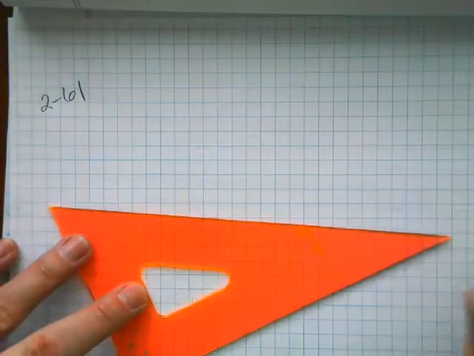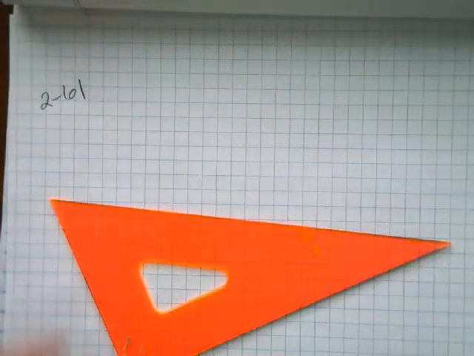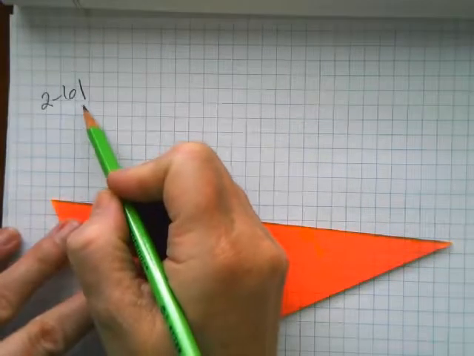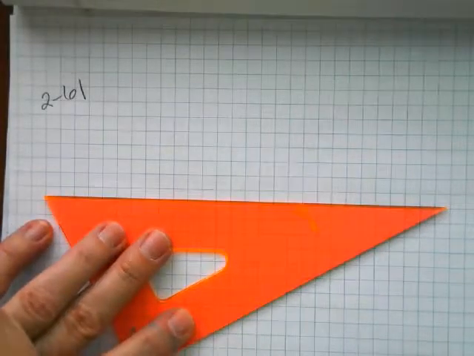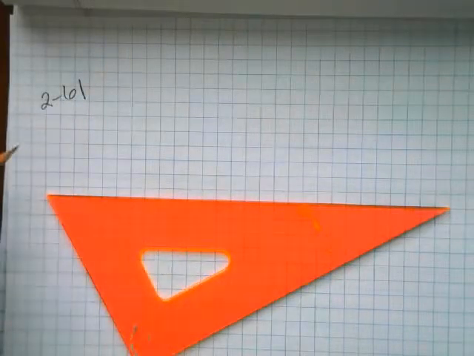Okay, this is a video for 2-61 through 2-66. So if you don't need certain problems, just fast forward till you see me working out the problem that you need. I'm looking at 261 and it says to enlarge the shape at right from the origin